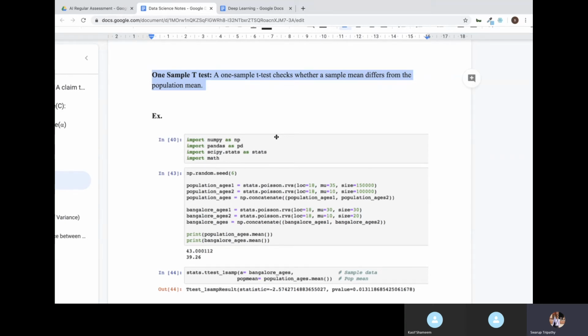To understand the null hypothesis: in a one sample t-test, the null hypothesis says that whatever sample and population you have, there is no significant difference between them. They are the same, whatever sample you have taken and whatever population you already have within your data. Now we will do this test and see what kind of p-value we get, and based on that we'll see if the sample differs from the population or not. Whatever sample we pick out of the population, is it similar or a little bit different? That's what we'll find out through this test.